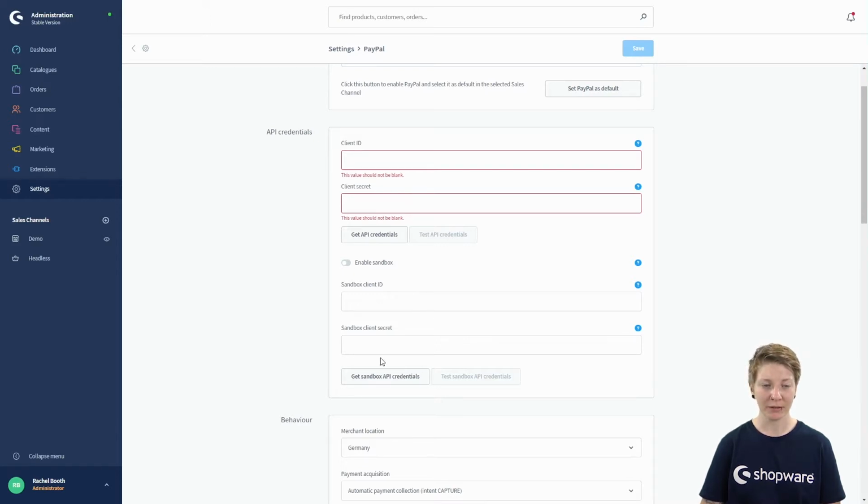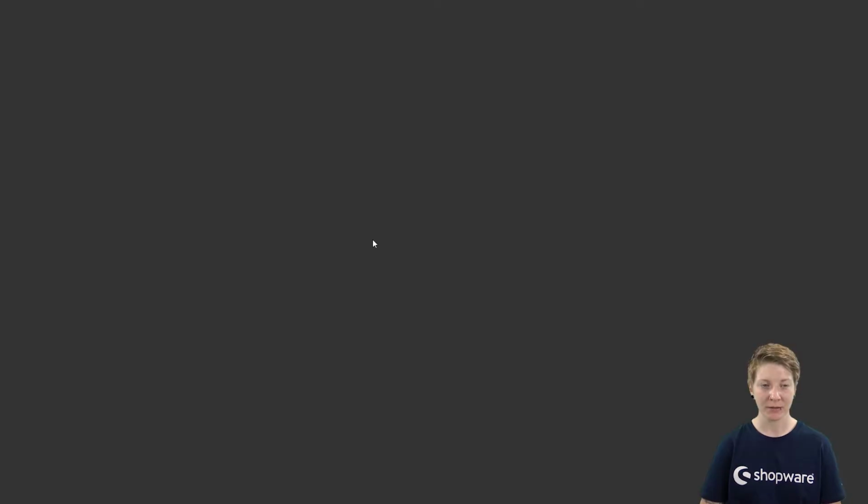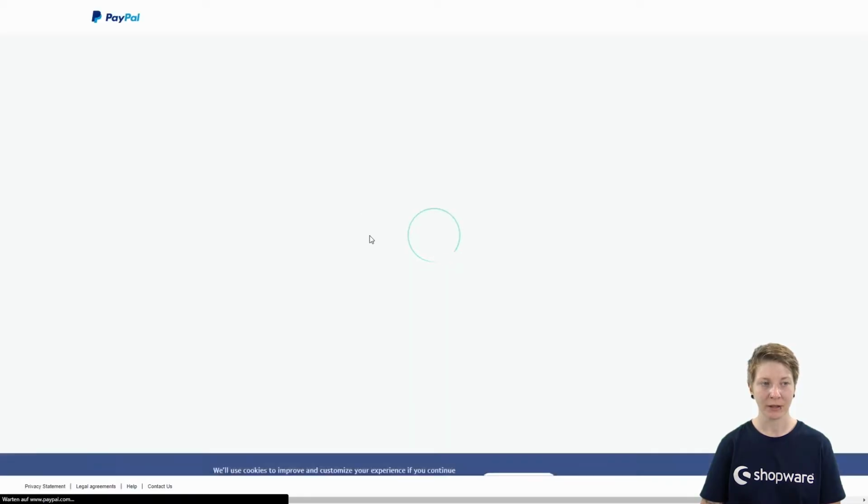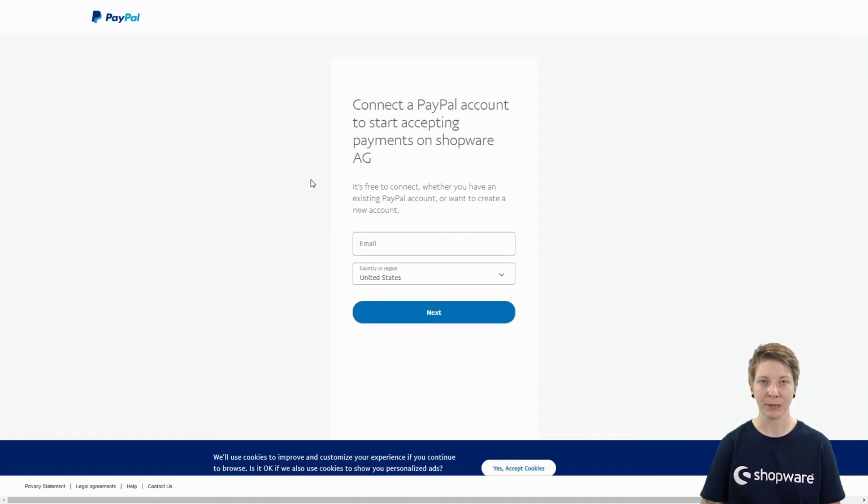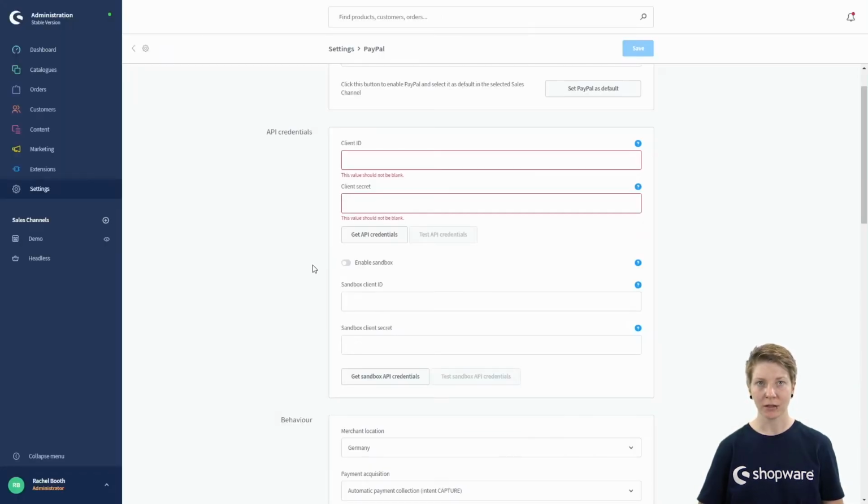In both cases, you can either fill in the fields manually, or you can click on Get API Credentials. So if we now click on Get API Credentials, we directly come to the PayPal site. After we logged in, we would see our credentials in these fields then.